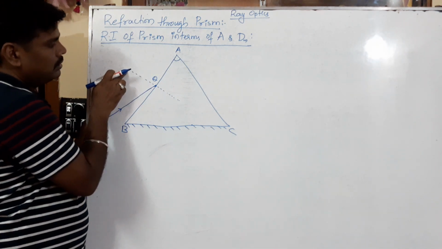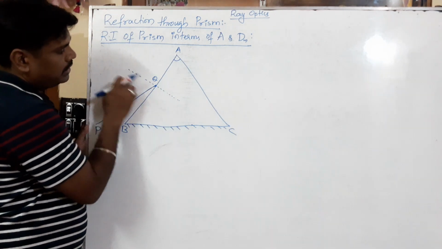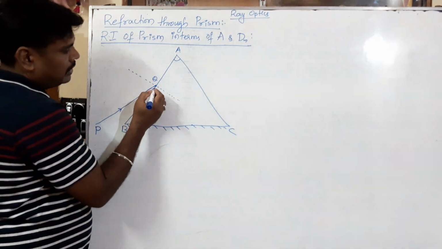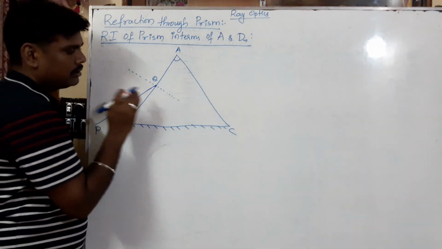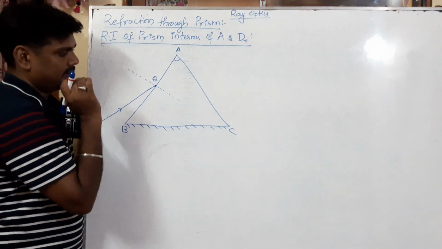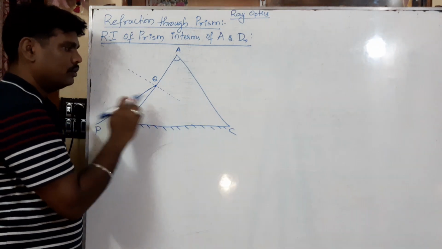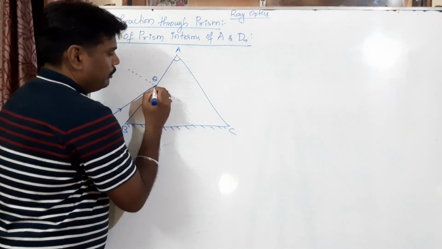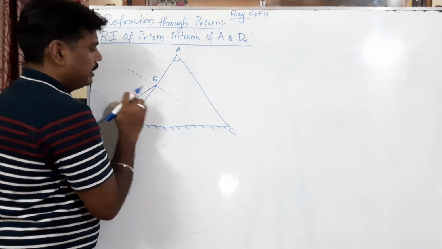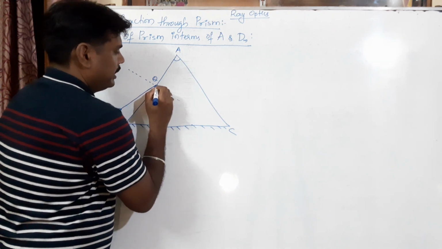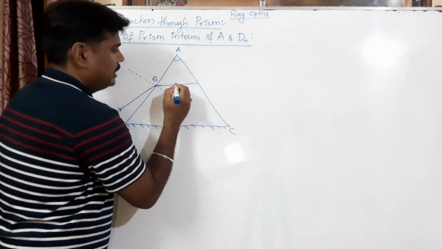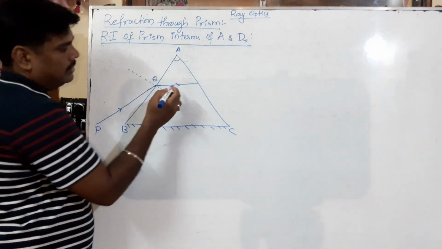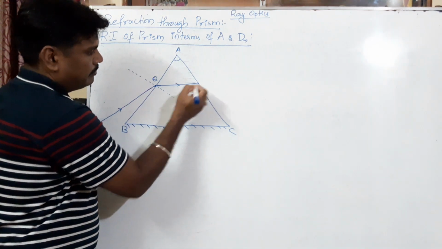Now the normal to the point Q is this dotted line, perpendicular to the refracting surface AB. Now the light is traveling from air to glass because the prism is made of glass. It is traveling from rarer to denser. So what happens here? It bends towards the normal, because a ray of light travels from rarer medium to denser medium. In this ray diagram, I used to write a straight line parallel to the base of the prism. At the end of the derivation, I will tell why it is parallel to the base of the prism.